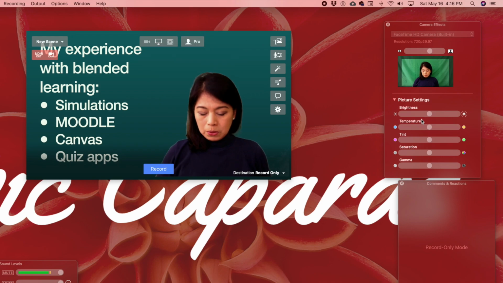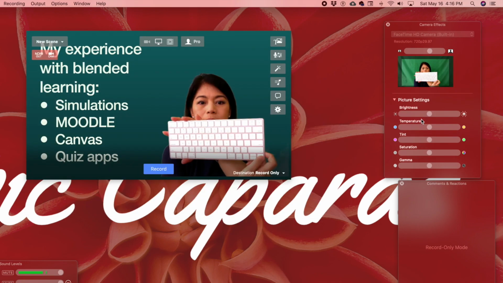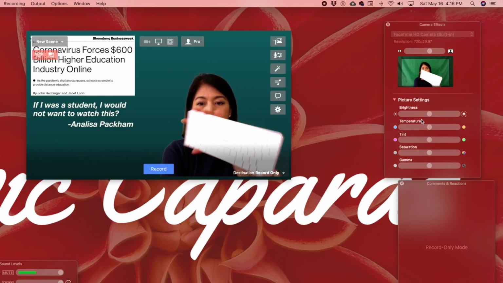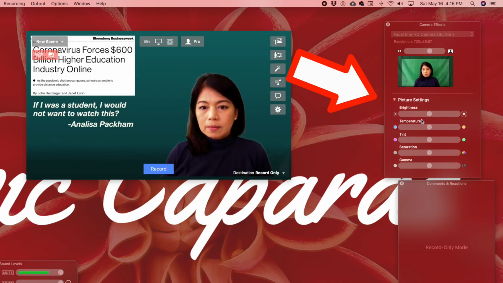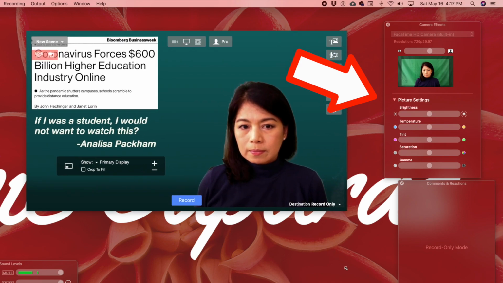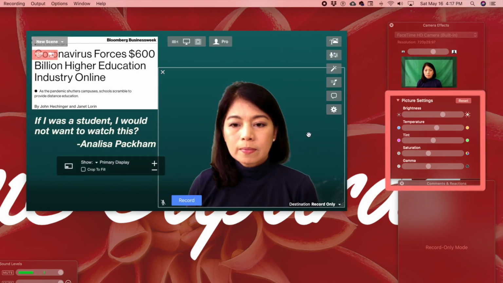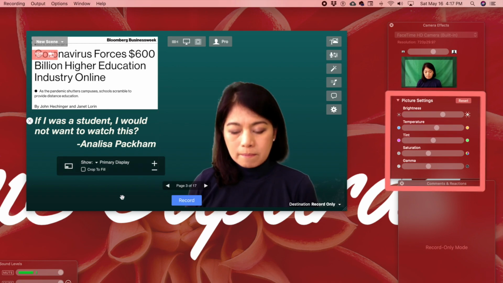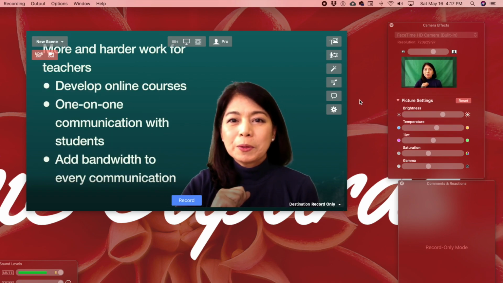With this size, I cover the slide changer on screen, so I just make use of the right arrow in my keyboard. And another thing you could do is to edit the picture settings in terms of brightness or temperature and all of this that you see on screen until you're happy with how you look. You can also make your preview window bigger to make your picture edits more accurate if you can see yourself better. And then you can get on with your webinar.